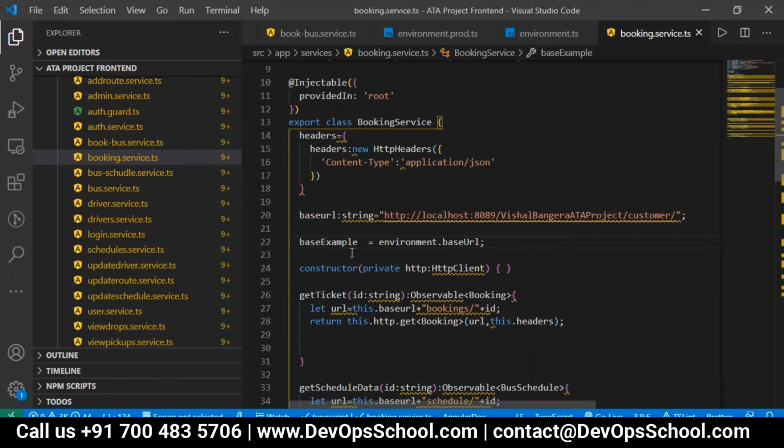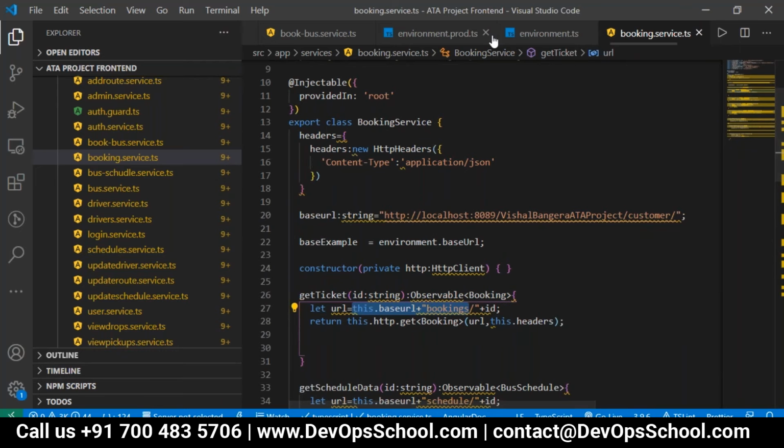So this is the base example which will pick the URL from this. Now instead of this dot base URL, you configure this dot base example. If you do it in the development mode, it will get the data from the environment.ts.